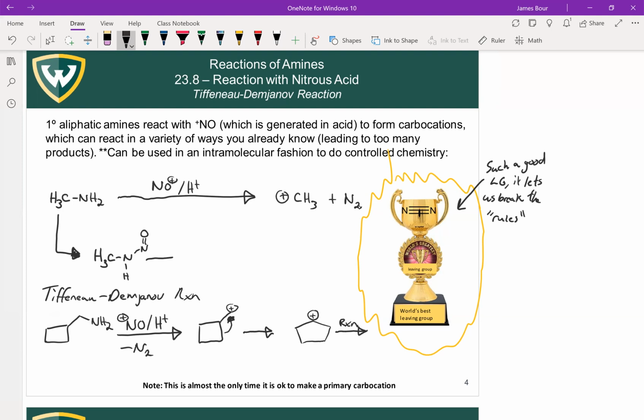And what ends up happening is that through a series of protonation steps, and we'll talk about this in a slide or two, we actually get to a dinitrogen